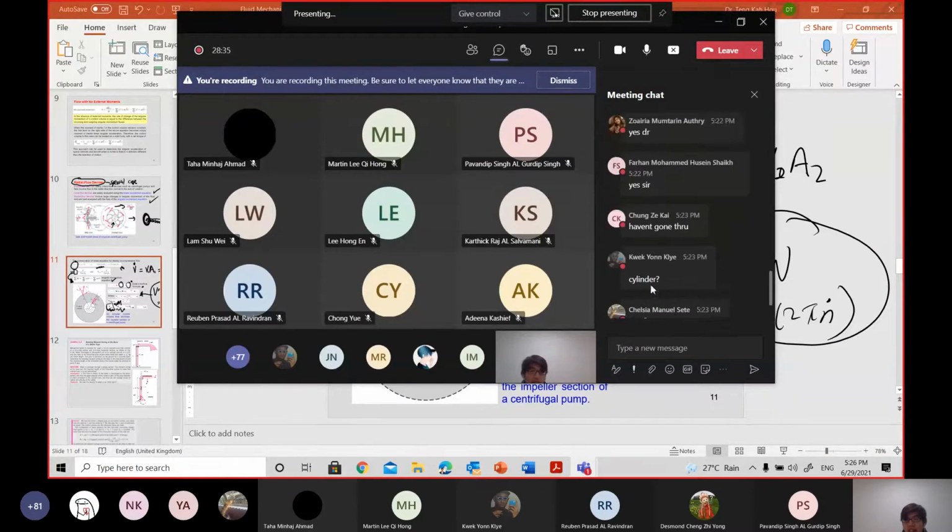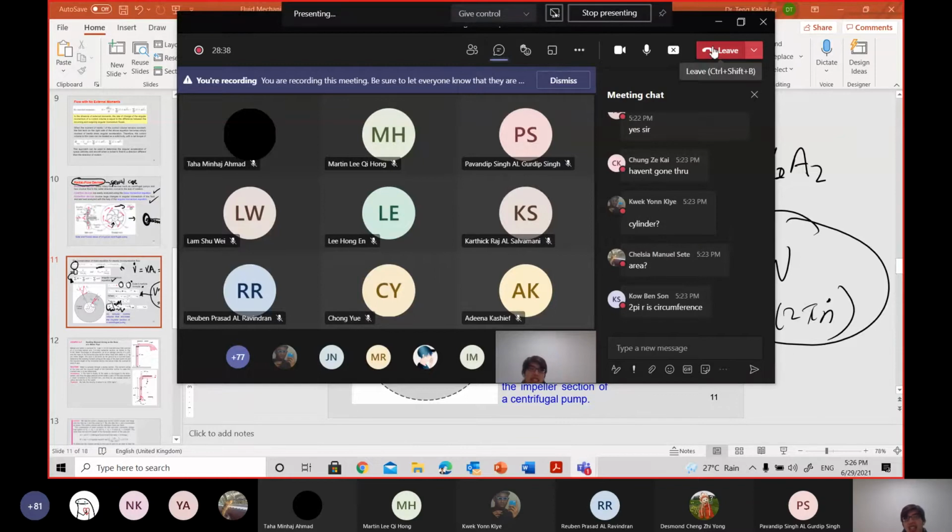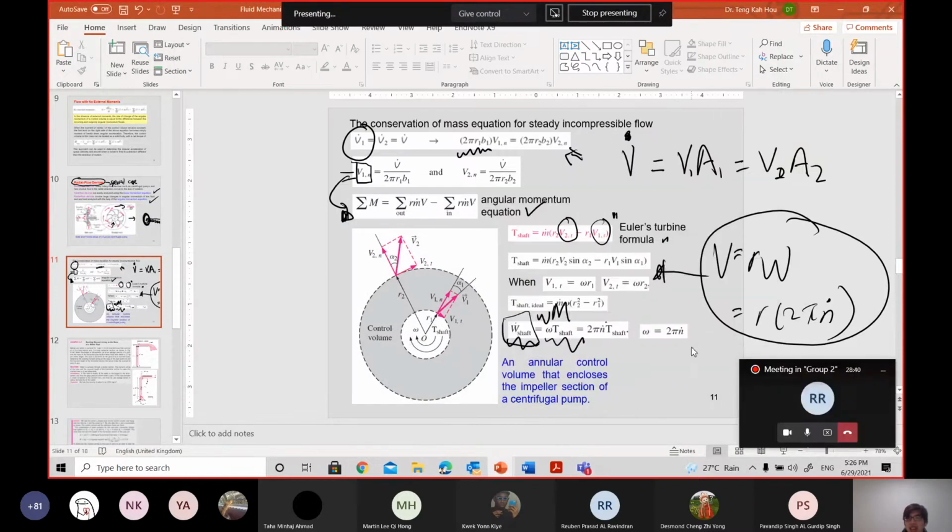Two pi r, yep, cylinder area, yes. Just figure out and try. This one, of course, you know is the cross-section area. I just wish to know why it is 2 pi r b1. Go and figure out, and I'll let you know the answer next class. This is the cross-section area, right? You already know that is VA, am I right? But why is this not pi r squared? I leave it to you to get me the answer for this.